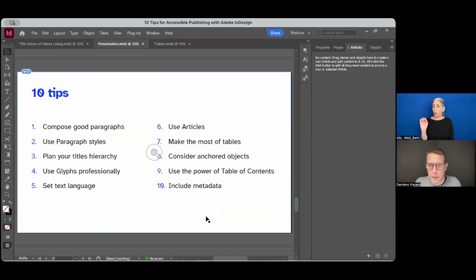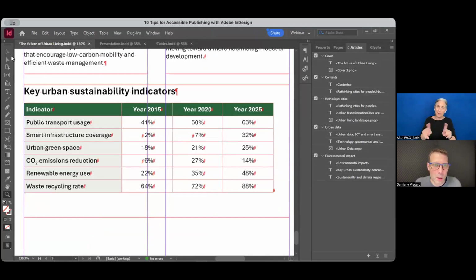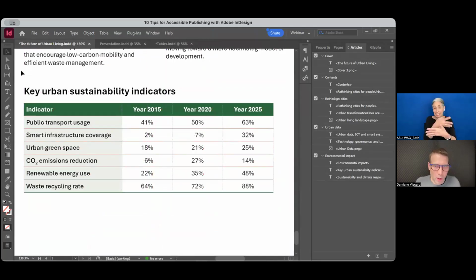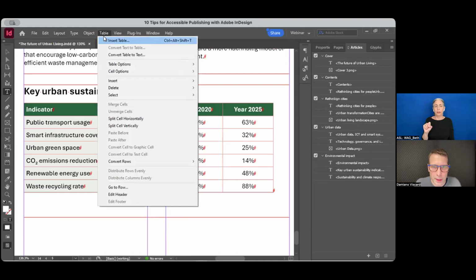Okay, tip number 7, make the most of tables. That could be an entire webinar because table is a quite complex topic. But there are two basic, fundamental tips that I can give. The first one is to use header rows. In the table properties,